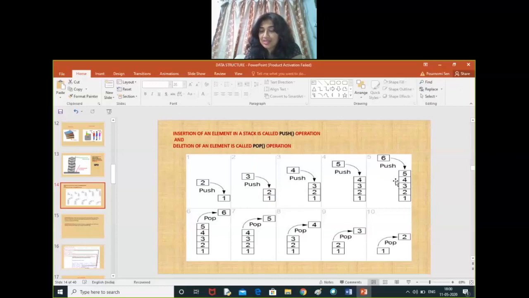These elements are being inserted with the help of push operation, but while removing, first 6 is removed, then 5, then 4, then 3, and then 2. So always elements are added at the end, and always elements are removed from the end only. That means the last inserted elements are being removed.